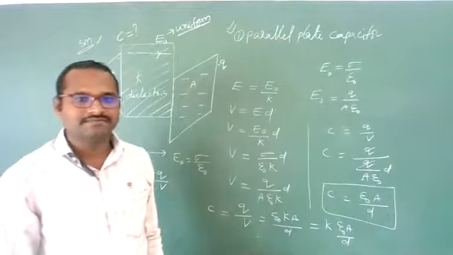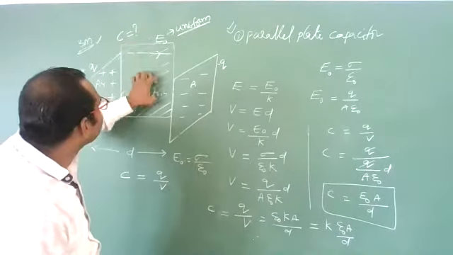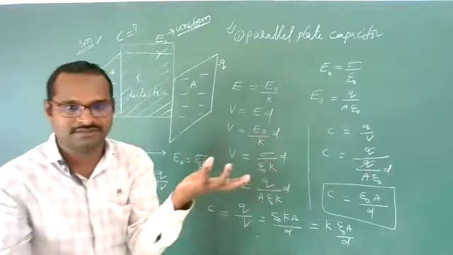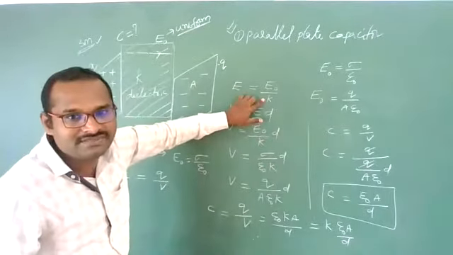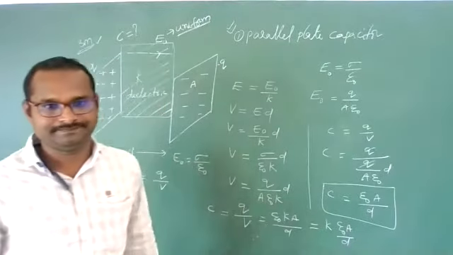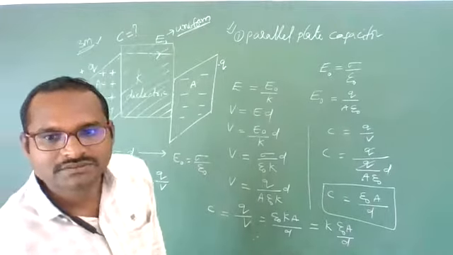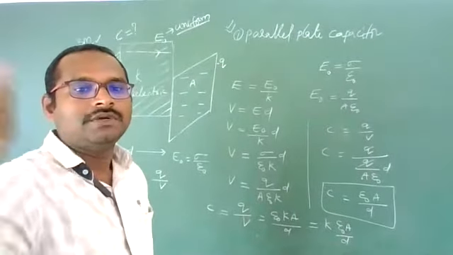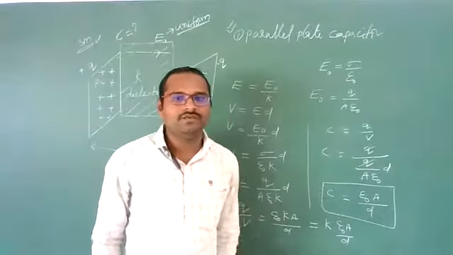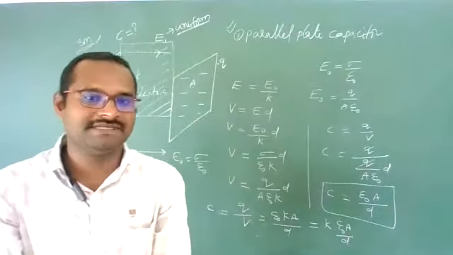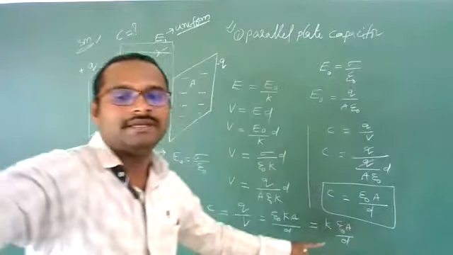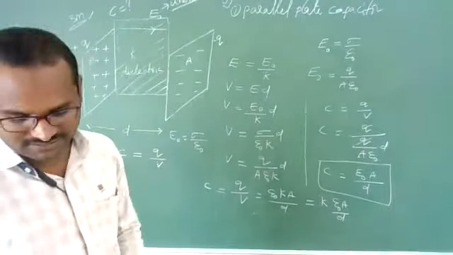Clear, students? It means if you introduce a dielectric material between the two plates of the capacitor, then its capacity gets increased by K times. Because the electric field is reduced by K times, the capacitance will increase by K times. Are you understanding? So the capacity of a parallel plate capacitor is epsilon naught A by D. Now, when a dielectric material is placed between the two parallel plates of a capacitor, its capacity will become K times epsilon naught A divided by D. Yes, this is the capacity.